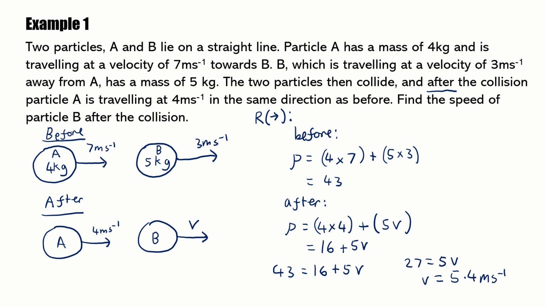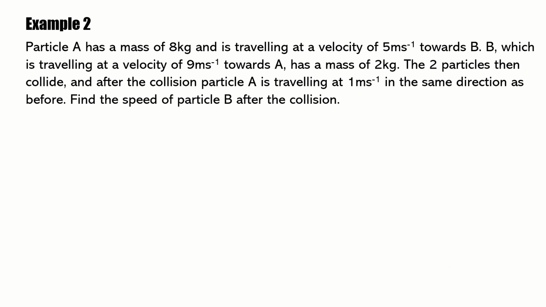First example done. On to the second example, and the reason for this second example is because I want to make a bigger deal of why it's important to take account of a positive or negative direction. So this time we've got particle A of mass 8 kilograms. The question doesn't say, but again, it's a one-dimensional question because all the questions in this video are going to be like that. So you have A, which is 8 kilograms, and it's traveling at a velocity of 5 meters